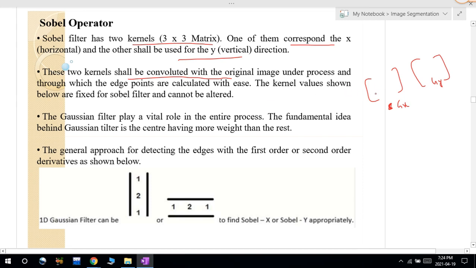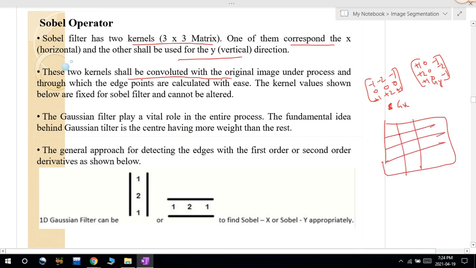So this is the thing that we will use in the Sobel operators. By using this Sobel operator, whatever we are having this -1, -2, -1, 0, 0, 0, and +1, +2, +1, and in case of this one -1, -2, -1, 0, 0, 0, and +1, +2, +1. So these two operators I will try to convolve. So convolve is nothing but whatever the image that is there, on this image I will try to place this particular filter, and after applying that filter I will try to find out what are the edge